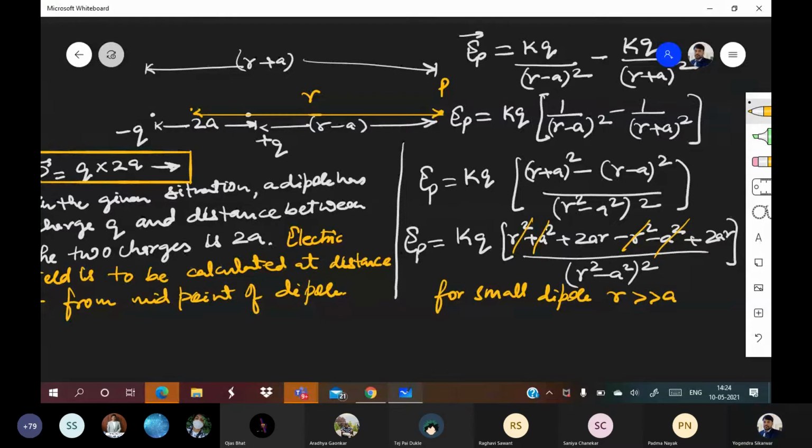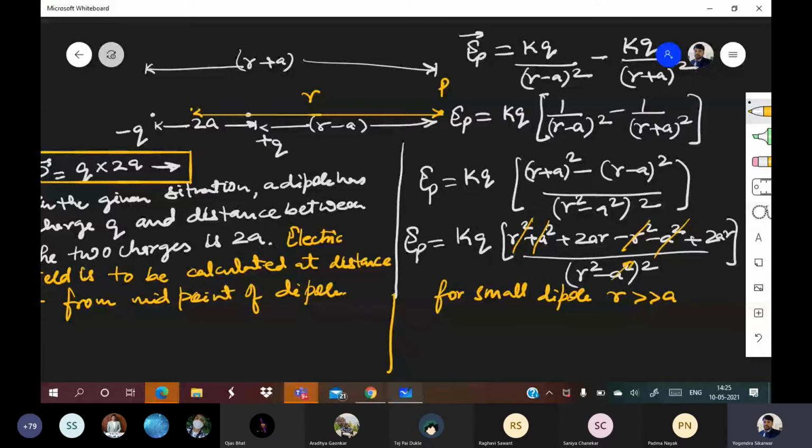Think about that situation when you were using these symbols. Remember? So you cannot simply use it just like that. That moment I told you, and now this is the reason. Basically, what you are going to write here is that r square must be very large as compared to a square. So a square will be negligible now.